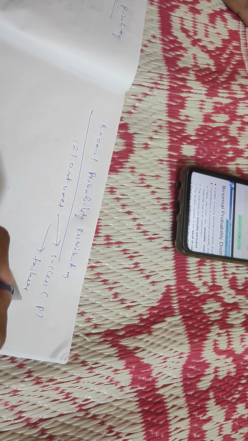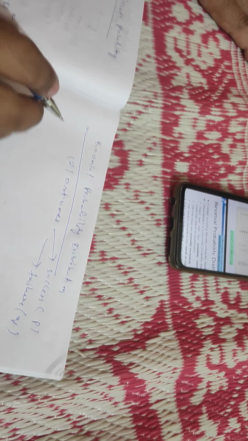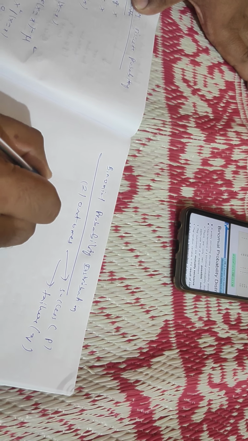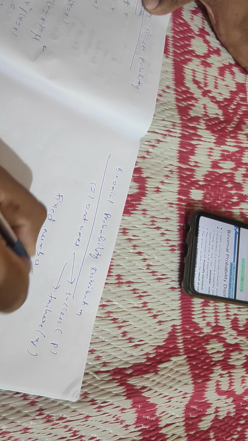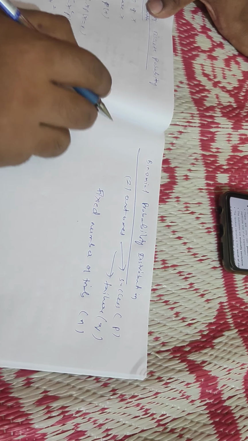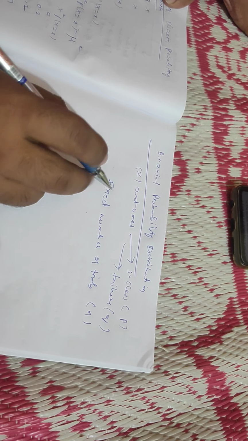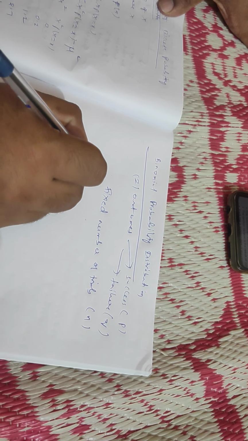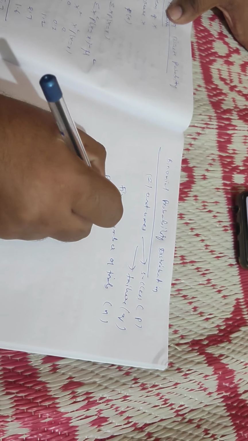Success is denoted with p, failure is denoted with q. And we have a fixed number of trials, denoted with n. So in binomial probabilities, the probability of success remains constant from trial to trial. This p remains fixed